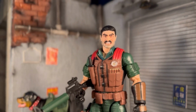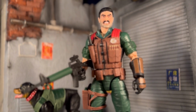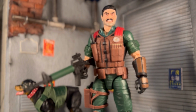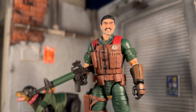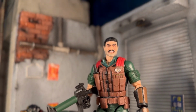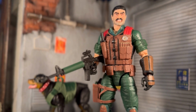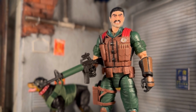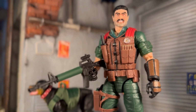And he's got quite a scowl. And that scowl's not going to work in every type of photo, but I think for commanding a dog, it's a good scowl. It's probably a good head sculpt. I'll take it. So obviously, we know that Mutt didn't have a rifle. Probably the gun that's closest is Big Ben's sidearm. Our friends at Marauders have a set with that weapon and some treats for Junkyard, and I did order those, and I've got those coming, so maybe I'll do another video once those arrive. But now that we've talked a little bit about that rifle that I'll probably end up giving to somebody else, let's get into the...